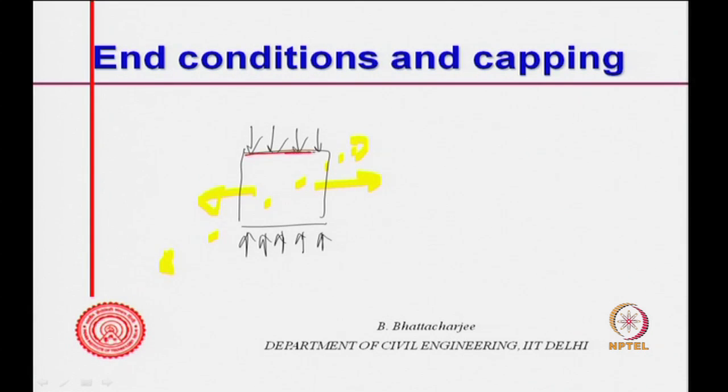Now, the movement of the material is restricted by the friction between the machine plate and the specimen. So, there is a kind of frictional force acting like this, which will not allow this movement. Similarly, here this is a frictional force which will not allow it to move along